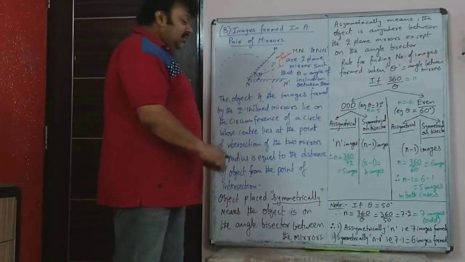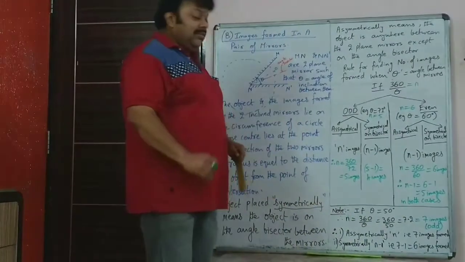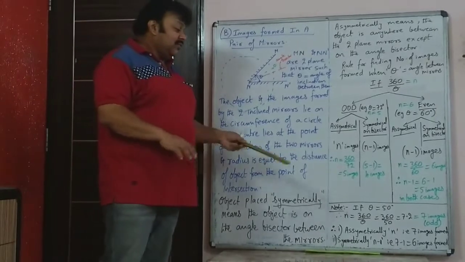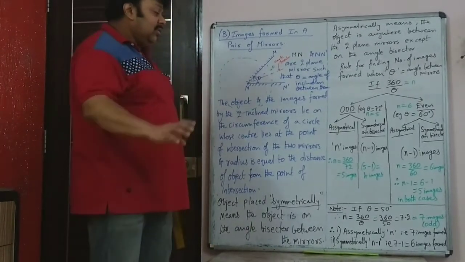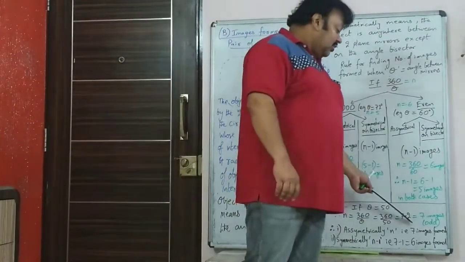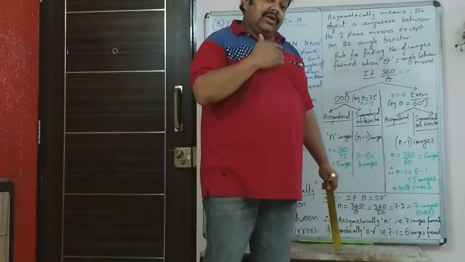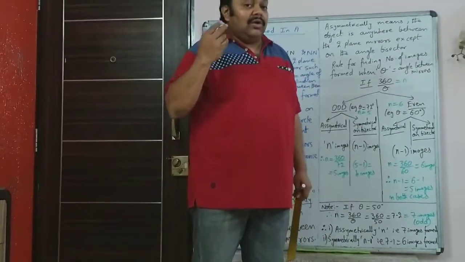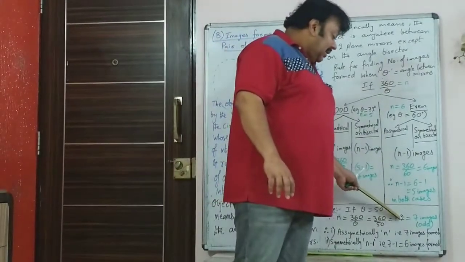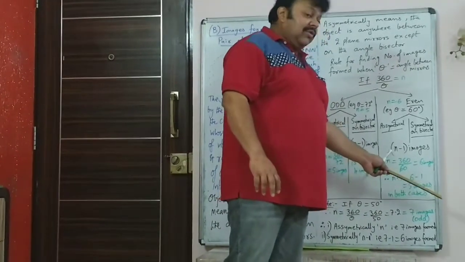Now note one thing. Let's say you are getting the answer in decimals. That means theta is 50 degree. So if you do 360 upon 50, you get the answer as 7.2. It is not an integer. So if you get 7.2, which is not an integer, then that 0.2 will not be considered. Even if it was 7.9, you will not round it off to 8. It will be 7 only. So you will take the integer number only. So once you consider the integer number, that is 7 images.